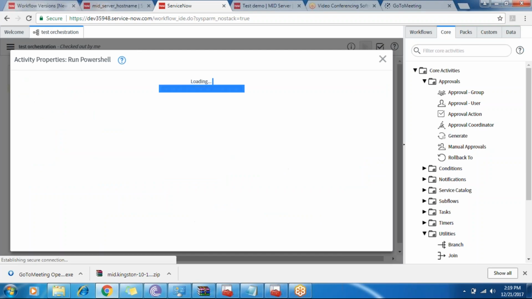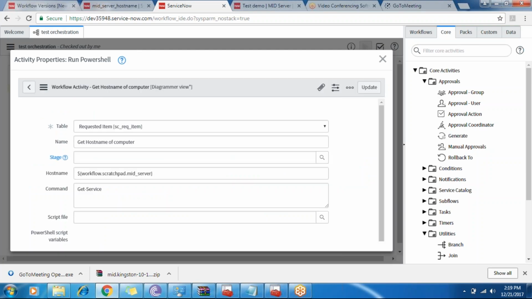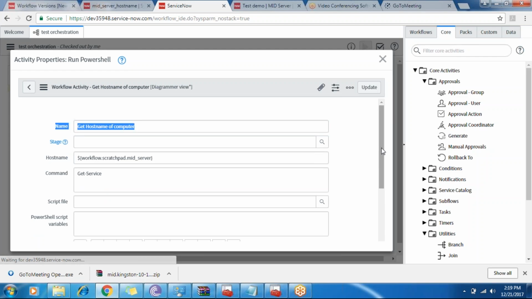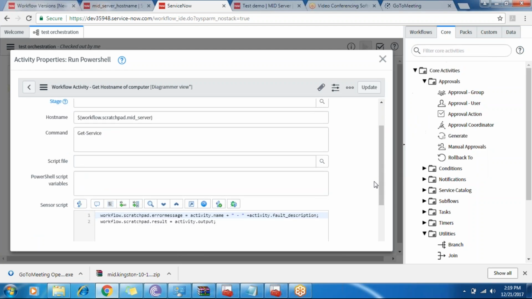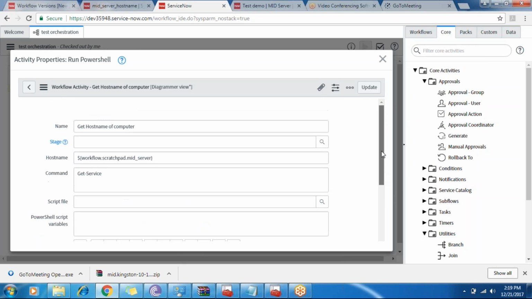So this is my run PowerShell activity. Yeah, so get services of computer. Through this PowerShell activity, I am fetching the services which are there in this computer.